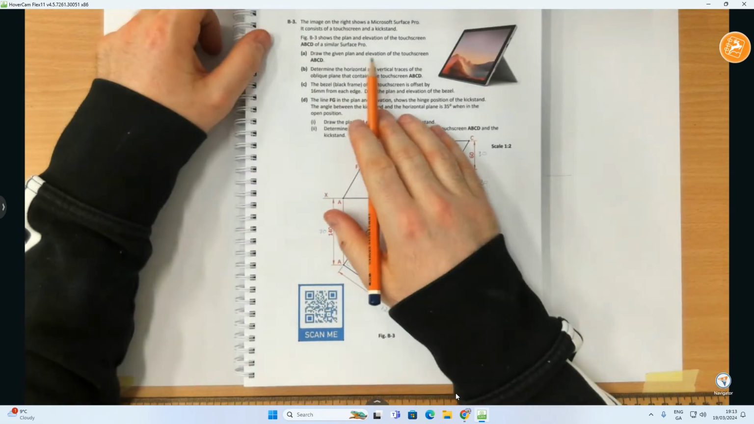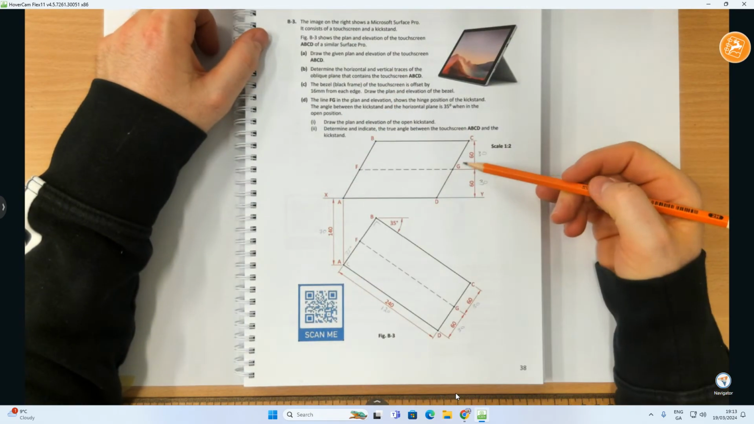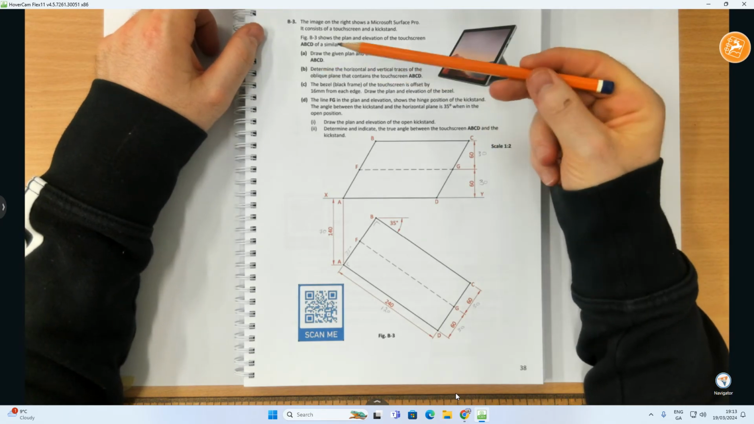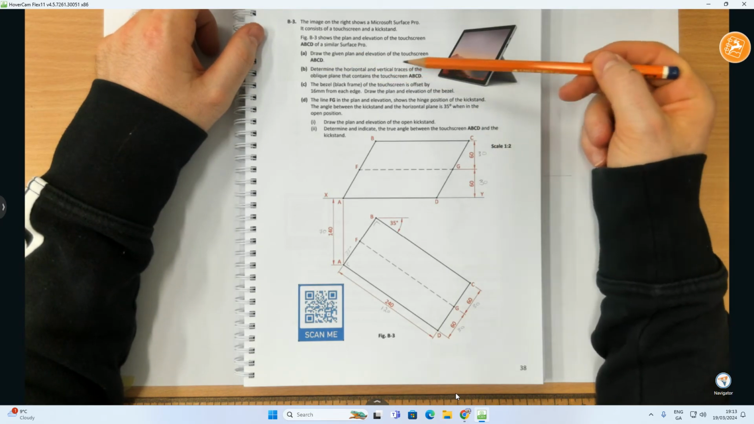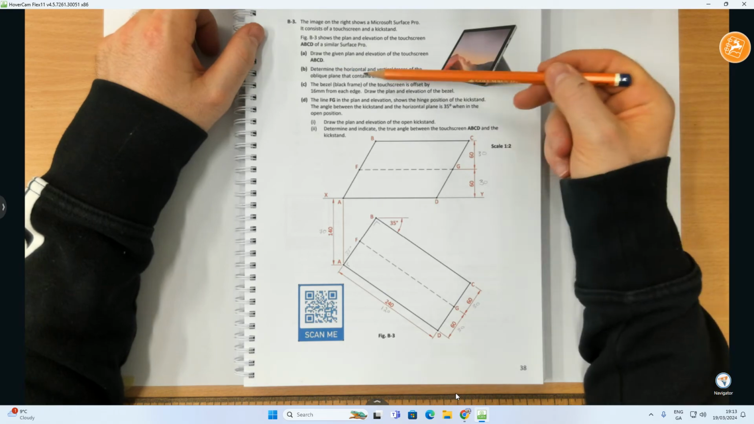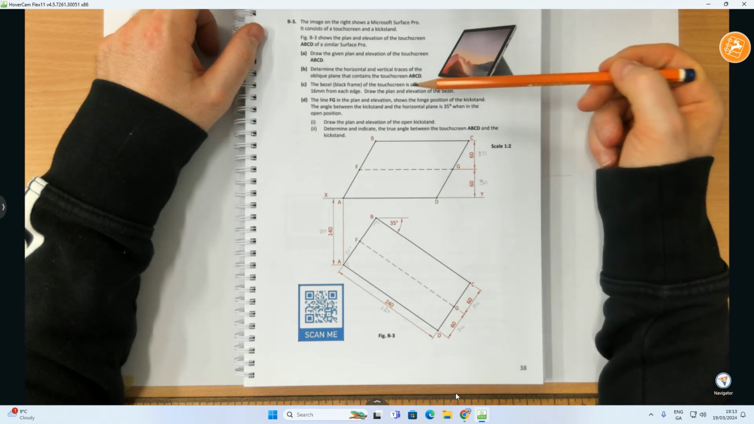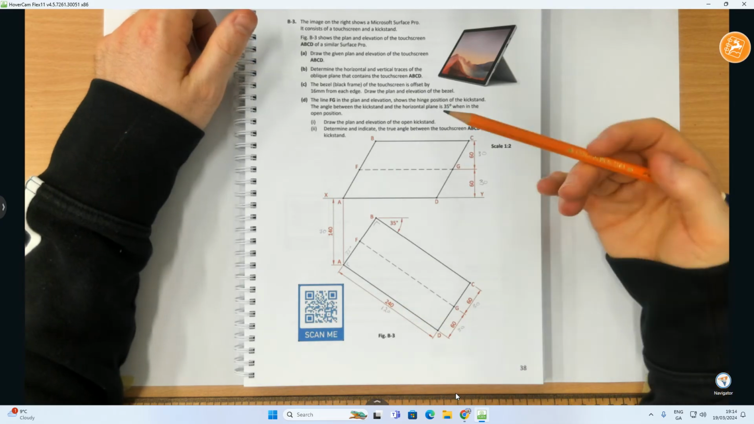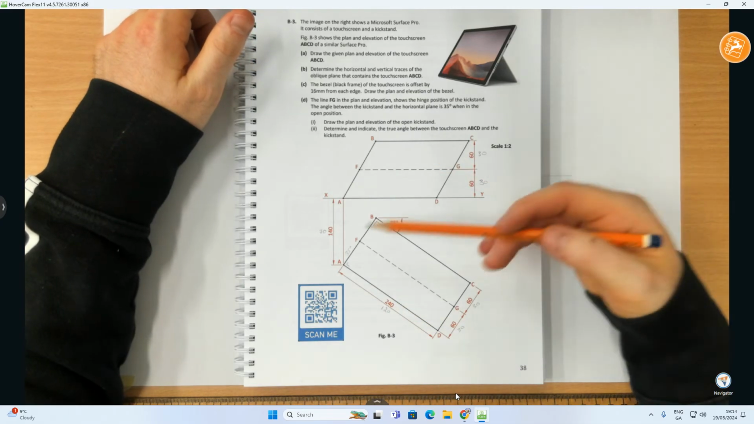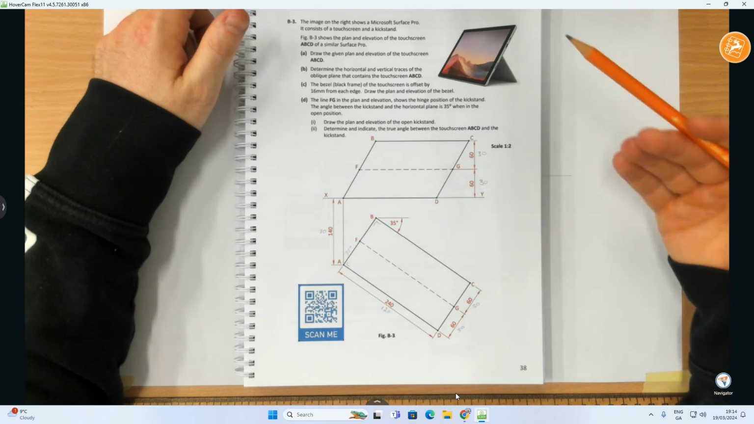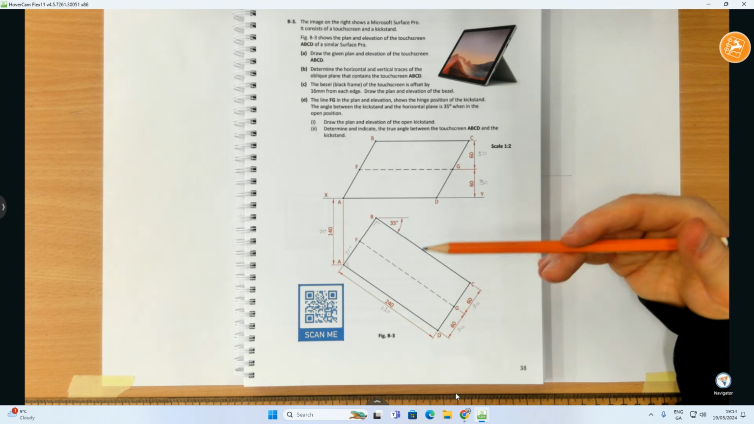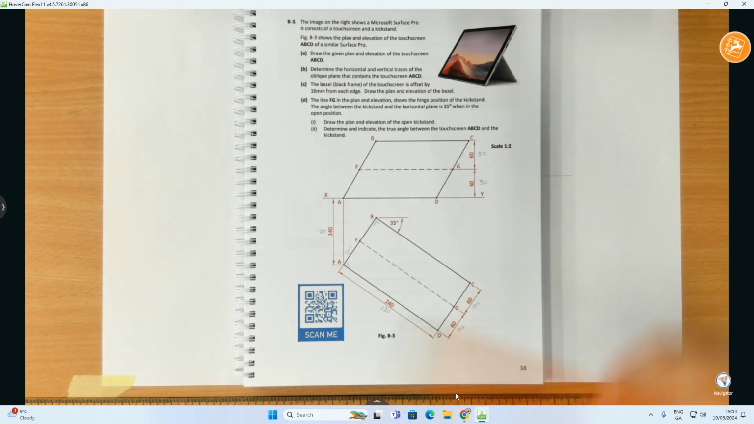So it says here, draw the given plan and elevation of touchscreen A, B, C, D. We've drawn the elevation, we've drawn the plan. Perfect. Now, part B. It says here, determine the horizontal and vertical traces of the oblique plane that contains the touchscreen A, B, C, D. Now, what's helpful here is, technically, this is an oblique plane. It's a surface, okay, that's inclined to both the vertical and horizontal plane. I want to find where this oblique plane would cut through the vertical and horizontal plane